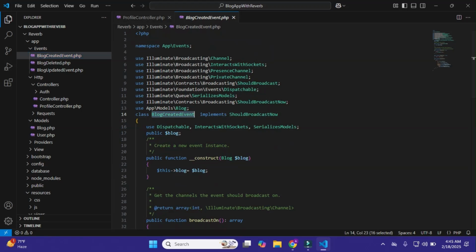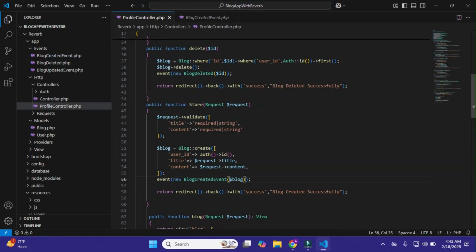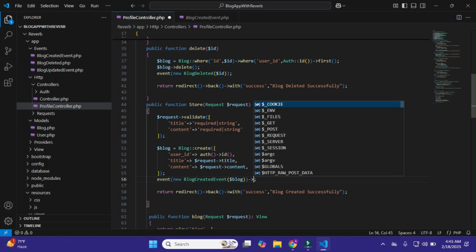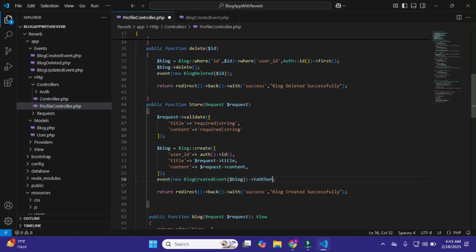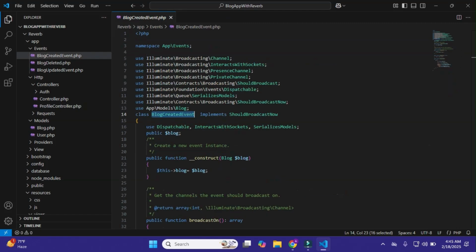I'll just simply copy it, paste it here, and within it I'll just simply pass the blog, and we just simply show these two others like this function. Okay, so we just simply do this, and now close this.